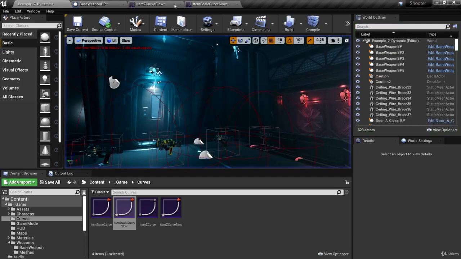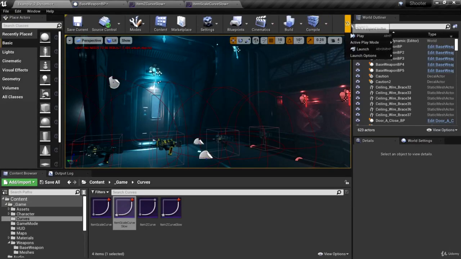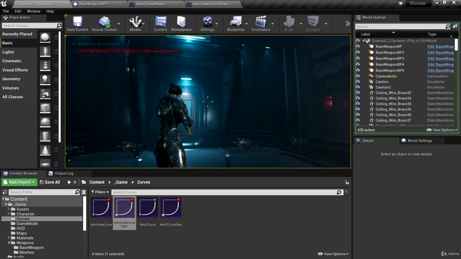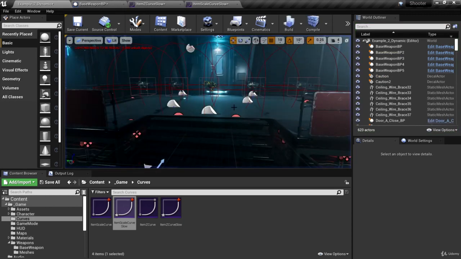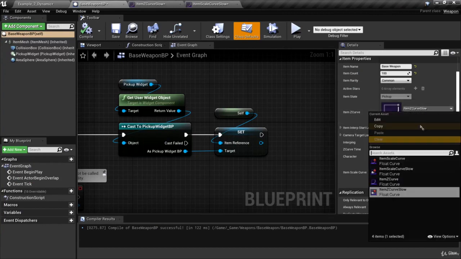And there we saw that the scale dropped off really, really quickly. And it looks kind of funny shrinking down like that. So we're going to put it back to 2.5. And in that way, it won't start shrinking until it starts dropping. So let's do this one more time. And we could pretty clearly see that the item scaled down as it was dropping. So those are a couple of curves that we can use to slow things down and make sure that our gameplay mechanics are working. So let's go back to base weapon BP and replace item Z curve slow with just